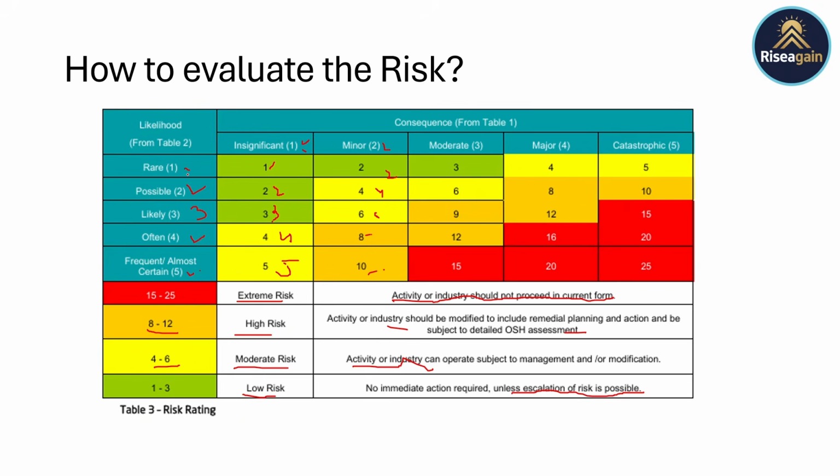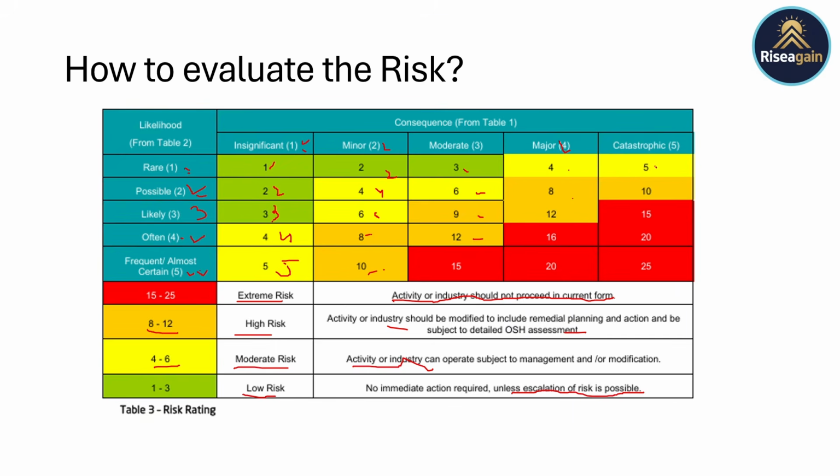Now 1 multiplied by 3 is 3, 2 multiplied by 3 is 6, 3 multiplied by 3 is 9, 4 multiplied by 3 is 12, and 5 multiplied by 3 is 15, which is extreme risk. The same way, you can multiply by 4 if there are chances of major consequences, calculating by 1, 2, 3, and 4, and it goes up to likelihood 5